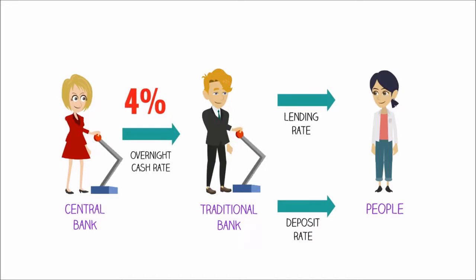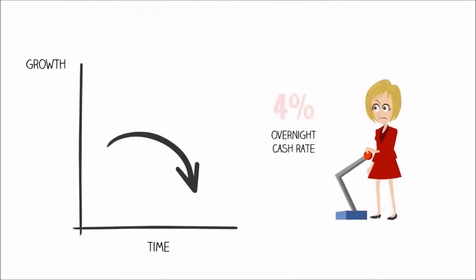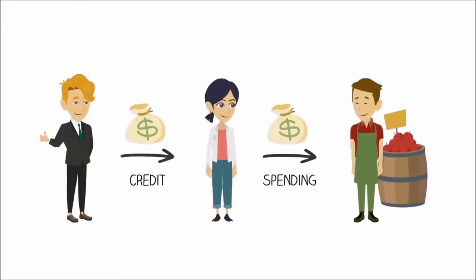Traditional banks will then use the overnight cash rate as a guideline to set the interest rate on deposits in their own bank and the lending rate. If you've understood everything so far, you'll now see that when the economy is going through a downturn, the RBA will usually step in by lowering the overnight cash rate, so that traditional banks make credit more available. The more that credit is available, the more that people and businesses can continue borrowing and spending, with the hope that this reverses the downturn.